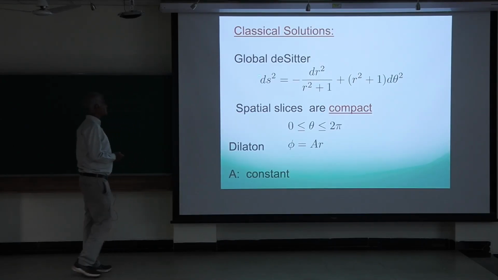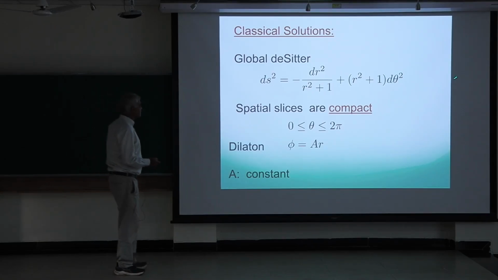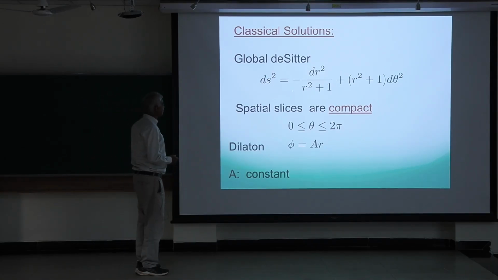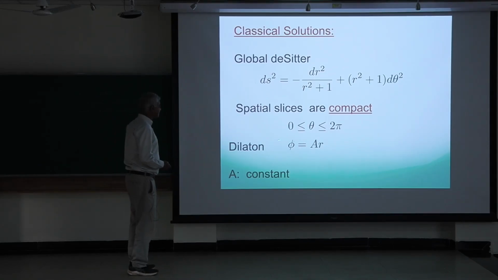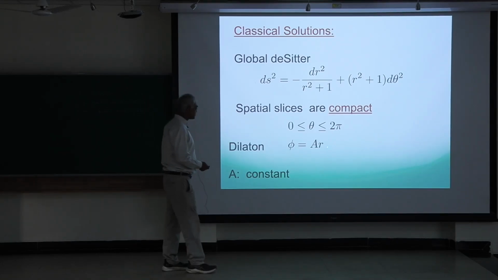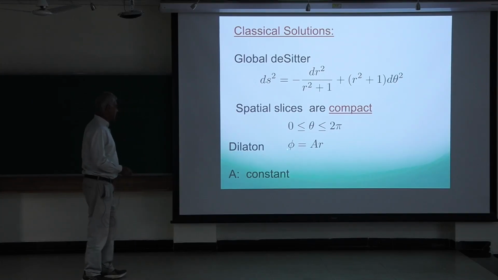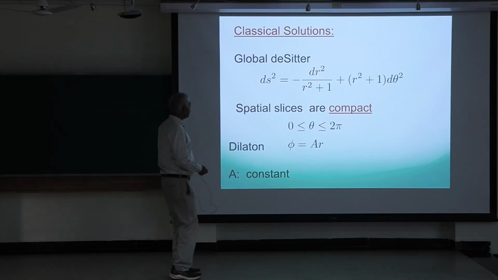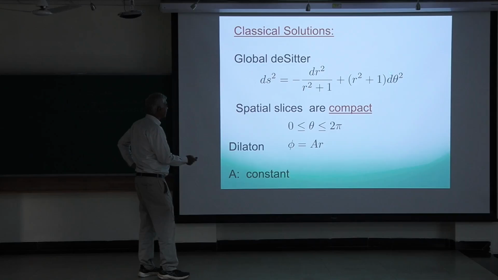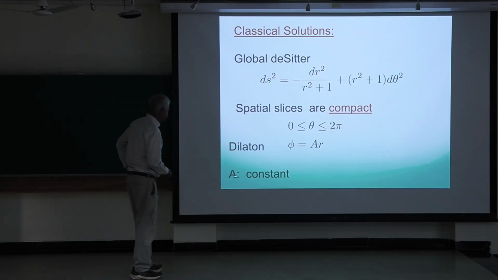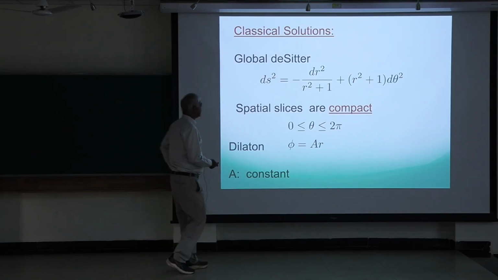Okay, so now let's turn to classical solutions. So this is global de Sitter, and I've written it in these coordinates r and theta, because in these coordinates the dilaton just varies linearly with r. Okay, so up to a constant, which in fact I'll rescale away in the next slide, the dilaton is r. And this is the metric. Theta is a compact variable, goes from 0 to 2 pi, a is a constant,